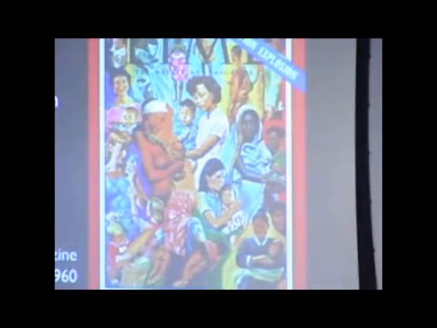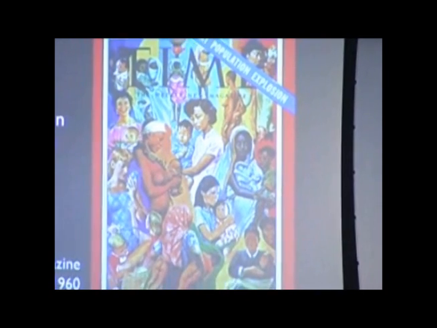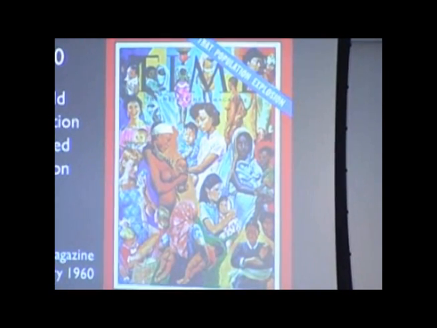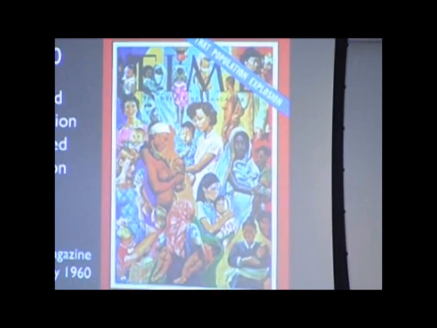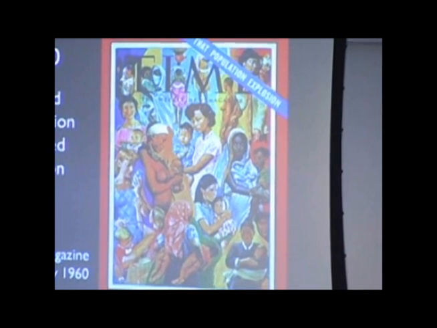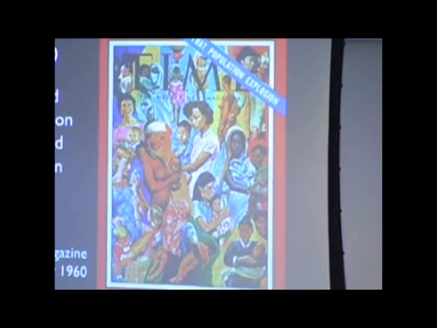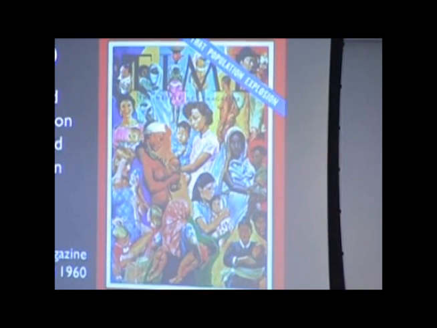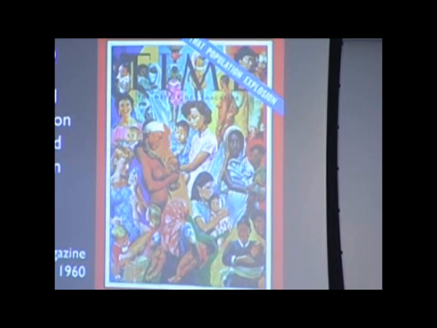This is the cover of Time magazine from January 1960. The world population reached 3 billion then. It was very widely noted and very widely discussed. As you can tell, Time did one of its first covers of the year on the 3 billion. It's actually quite a nice article. You can find all of these old Time magazine articles, very well researched, very interesting. And as they pointed out,